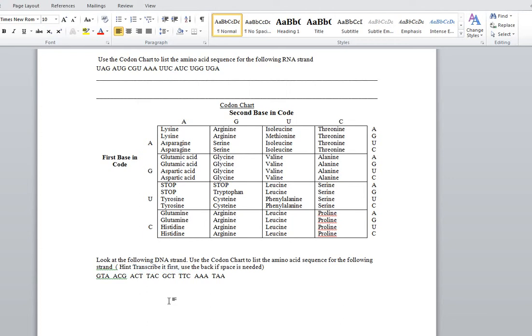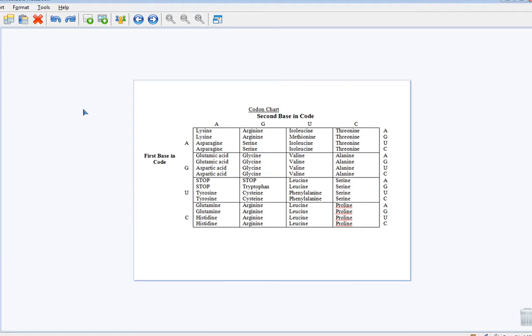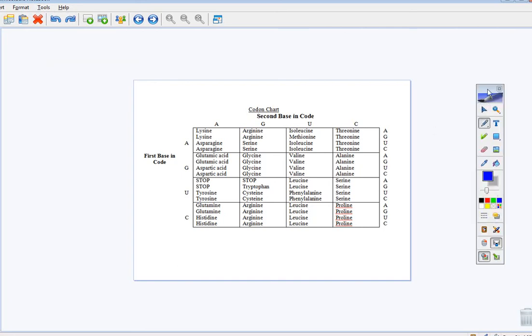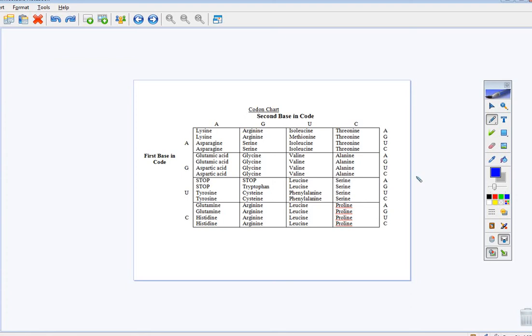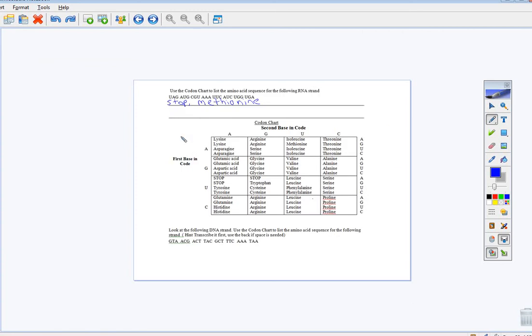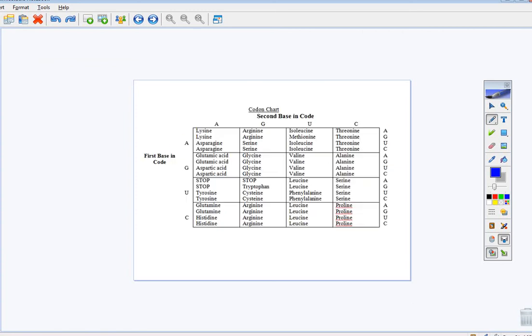So that's part of the whole ability to go from DNA all the way to amino acids. So let's use this one. The basic principle is first base, second base, third base, as in first base in the nucleic acid. So the very first one I'm going to show you is this one that calls stop. So if the sequence was